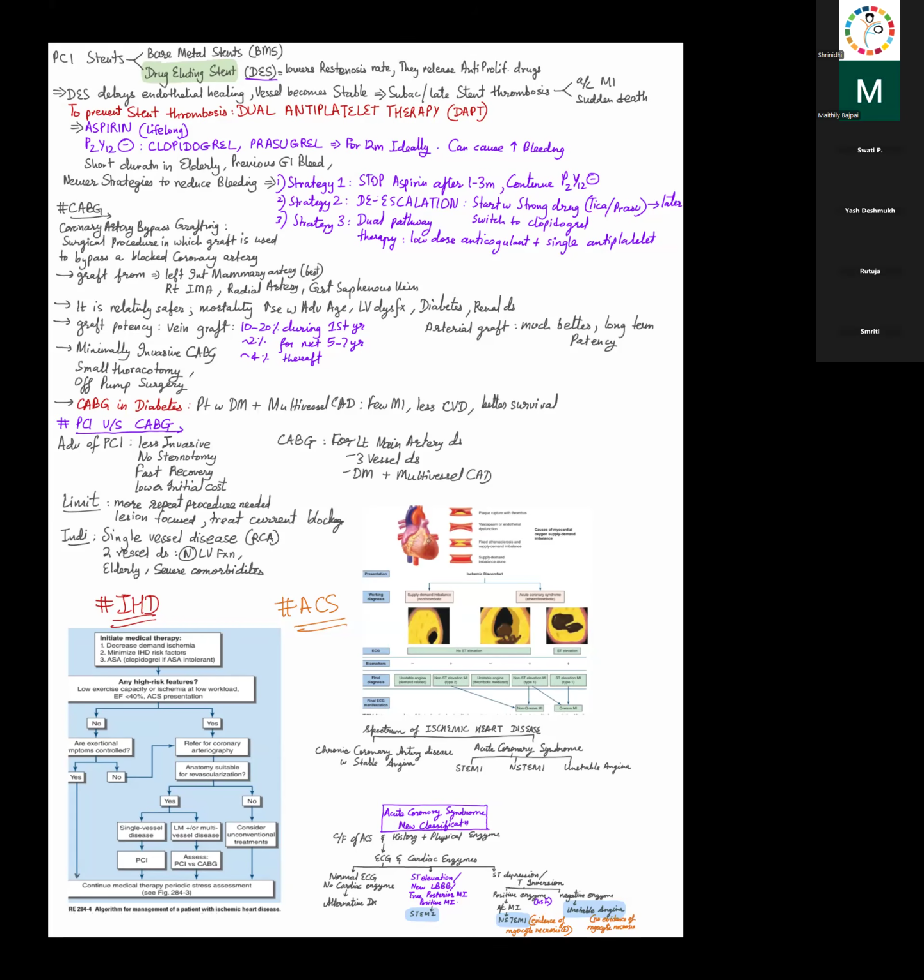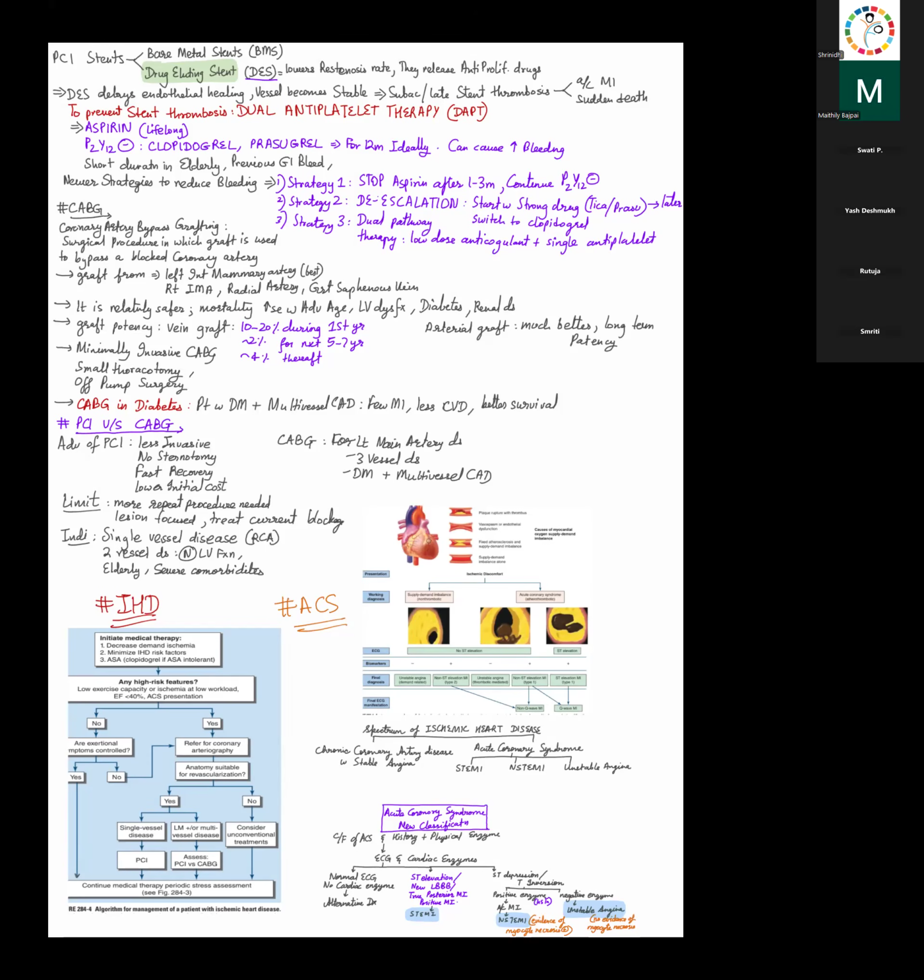ticagrelor, okay. But prasugrel is also effective. Ticagrelor is almost as effective. Clopidogrel will be given if the patient has only undergone medical management, and it can be continued for, let us say, 1 year, and you can discontinue the clopidogrel or ticagrelor or whatever and just continue with the aspirin part. ठीक है. If the patient develops side effects with aspirin, you can very well replace aspirin by another antiplatelet agent like